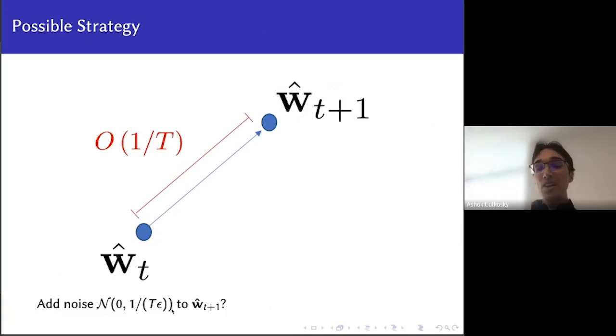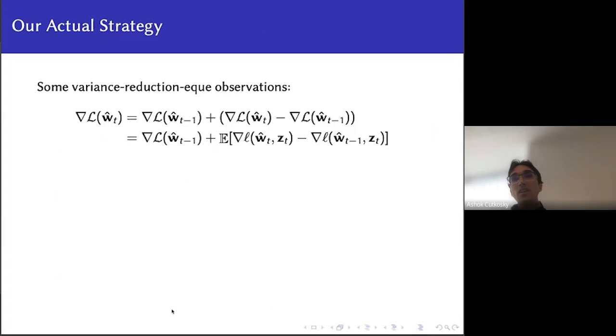So we do need to do a couple more tricks in order to take advantage of this low sensitivity. So how are we going to do this? Well, if you're familiar with variance reduction, the following approach may seem intuitive. And if you're not, hopefully it won't seem too bad. We're going to write the gradient at WT as a telescoping sum: the gradient at the previous iterate plus the difference in the gradients at the previous two iterates. So we're just writing the gradient as some sort of difference of the previous iterates.